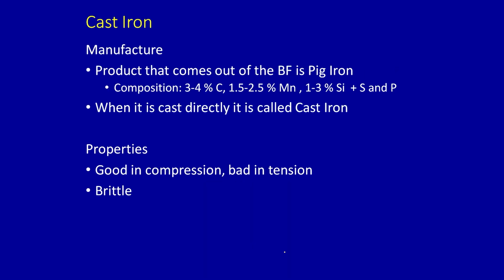Cast iron, I talked about it earlier, is basically a product of pig iron in the blast furnace. It contains a lot of carbon, about 3 to 4%, specifically about 3.5 to 4.5% carbon. It also contains quite a bit of silicon, 1, 2 or 3% silicon, and manganese, and it can be directly cast from the liquid. That is why it is called cast iron. It is good in compression, but bad in tension. It is brittle, but it has a huge amount of